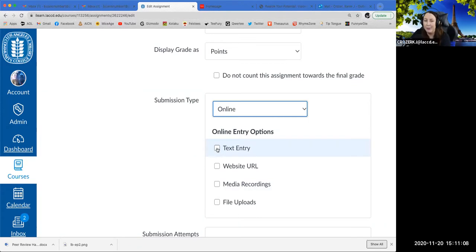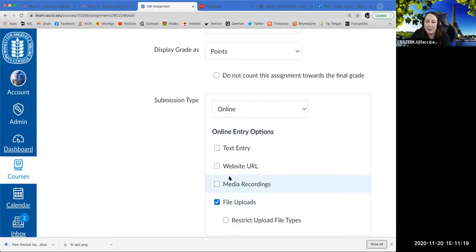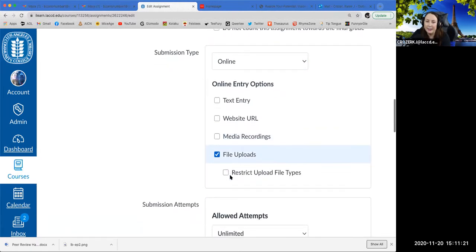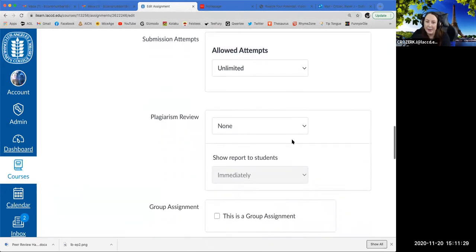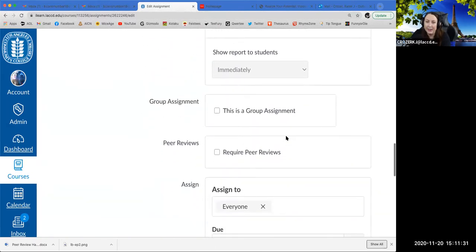For me, if it's a paper, I want the students to be able to see each other's formatting, such as double spacing and where the line breaks and the page breaks are. So I usually limit it to file uploads. For submission attempts, I just allow unlimited because sometimes students upload the wrong file and I want them to be able to fix it. This is where I would click if it was a group assignment, but for now,